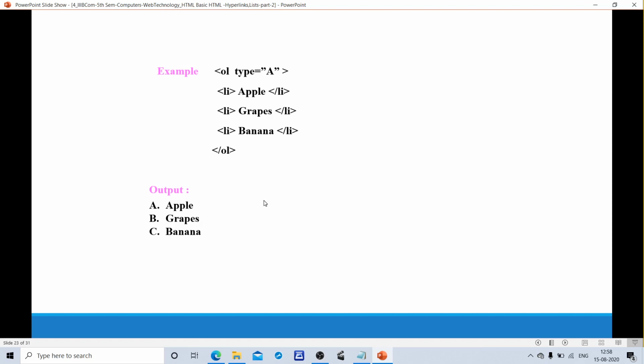This is the difference between an ordered list and an unordered list. An unordered list doesn't have any order, whereas an ordered list follows a sequence or order of numbers and elements. For an unordered list we use the UL tag, and for an ordered list we use the OL tag. Both use a list of items with list item tags.